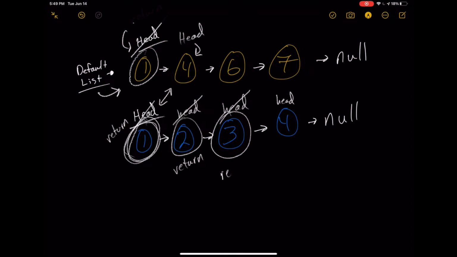And then we're going to return this one, and then we're going to compare head 4 and the other head 4. And since they are the same in this case, we are going to return this one. So we're going to say this is the new head, this is not the head, but we're going to return,